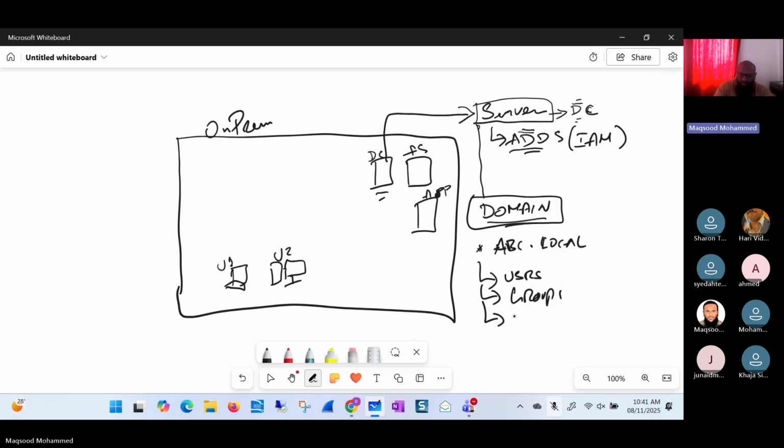You can even create the computer accounts. You can join these machines to the domain. So it doesn't really point to the domain controller as I'm pointing here. So it connects to the domain. So you can make this machine a part of the domain. That means you will have a centralized authentication service available in your infrastructure, wherein you